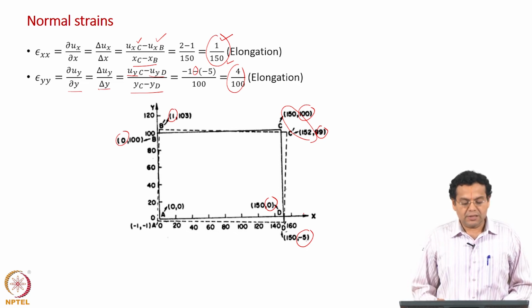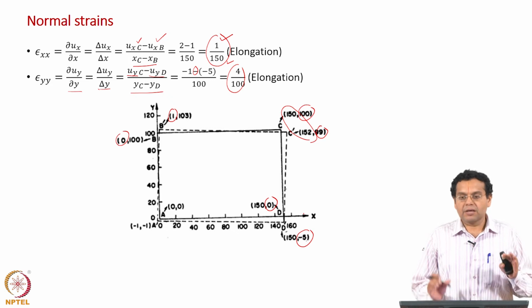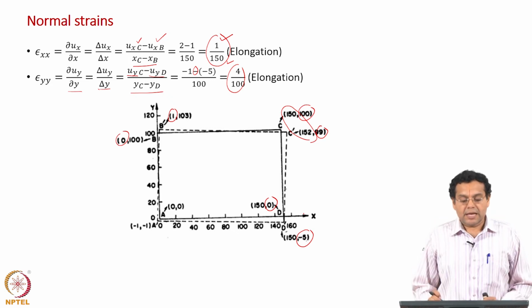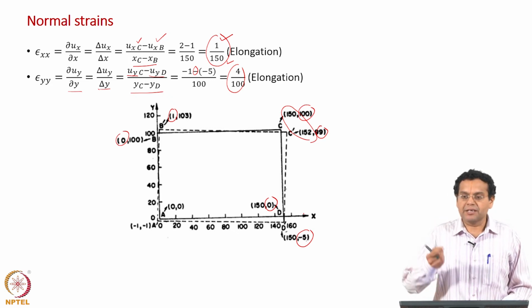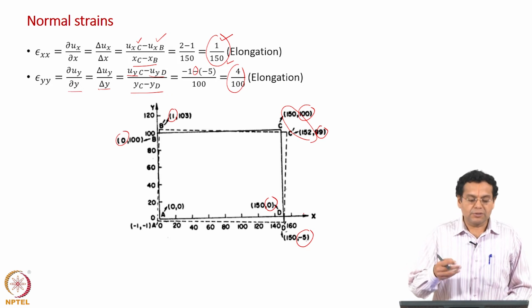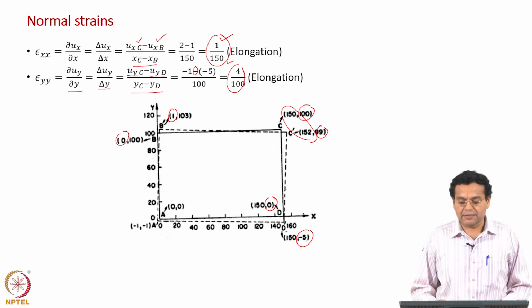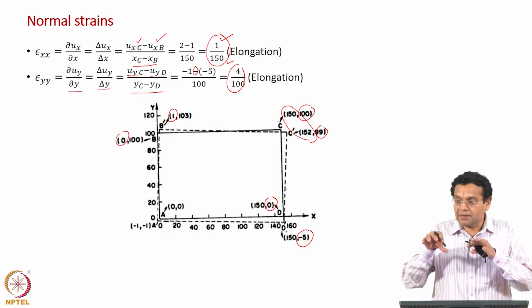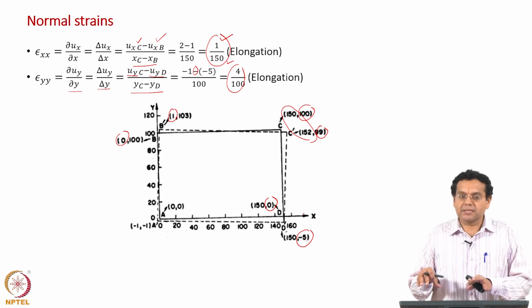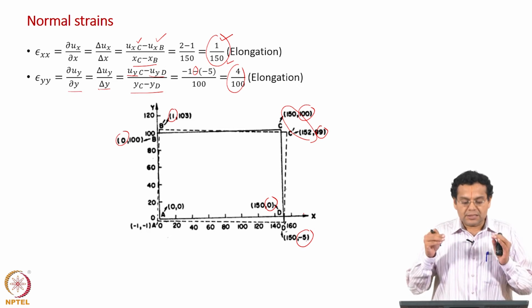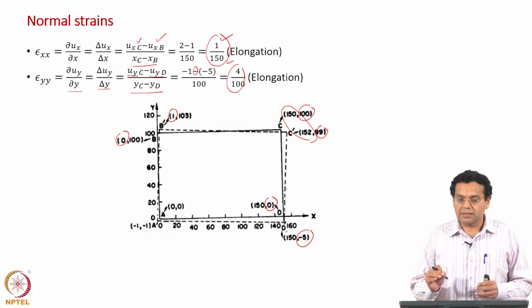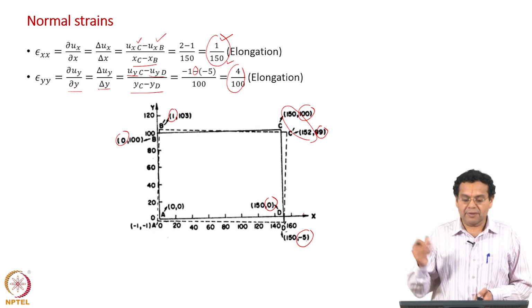Once again, just to emphasize, earlier we were given an expression for the displacement field, we differentiated that and found the normal strain. Of course, it was 0 in the earlier case, but now we are given measurements, and from the measurements we are finding the normal strain. Okay. So, the strains are measurable, I want to emphasize that particular point. We will take this as a lead somewhere later on.